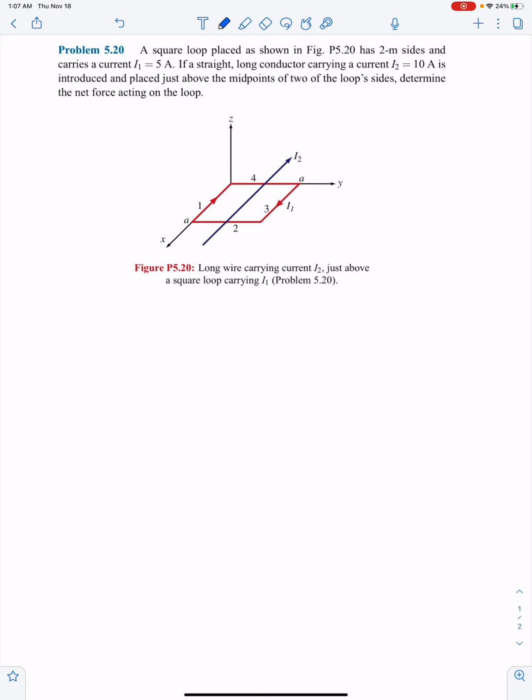So just to start, I'm going to write down our variables here. We have A equal to 2 meters. We have I1 equal to 5 amps. And we have I2 equal to 10 amps. And our goal is to